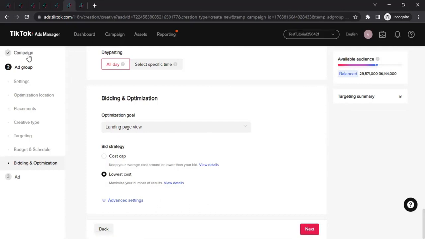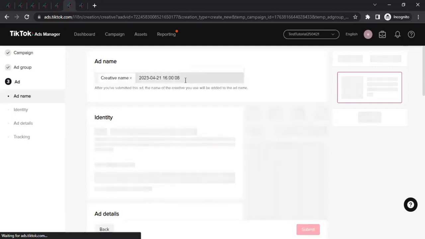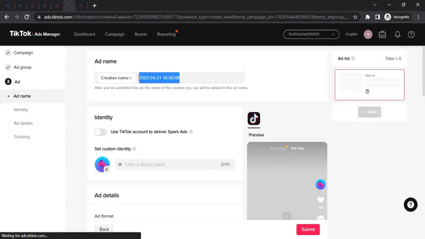As you see, we are done with the campaign and we are done with the ad group. Now we are coming to the ad part. And we will start with adding the ad name, but we have to give it a few seconds to load up because whatever information we have added over there, it's looking at all of those and trying to optimize everything for us. In the ad name, you could give a name to your ad, but in my case, since it's a test, I'm just gonna go with AD